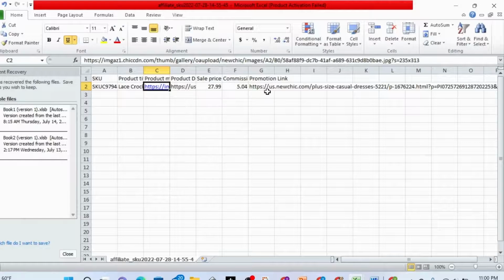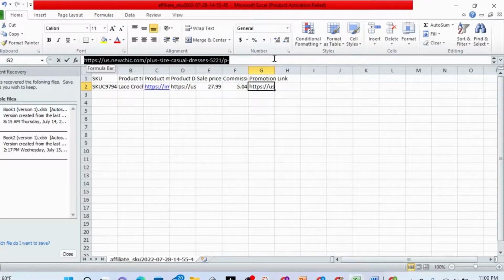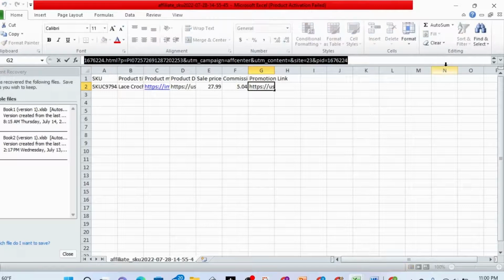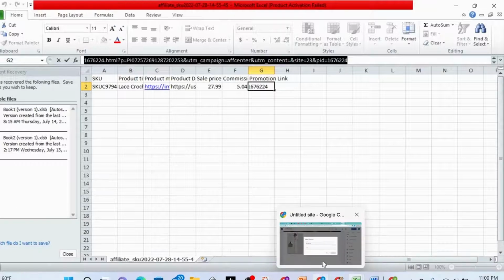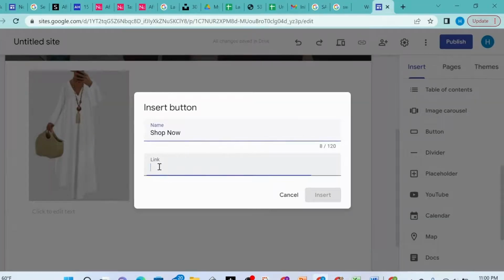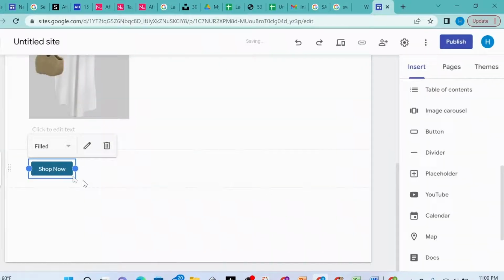So here I will go to the Excel file, and I will copy this link, promotion link. So I will copy this one and paste it there. When I finish, copy, and I will go here and paste. Then I will insert it, and it creates,